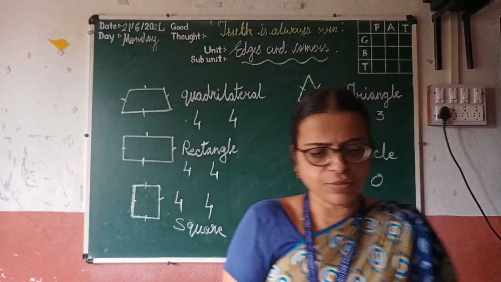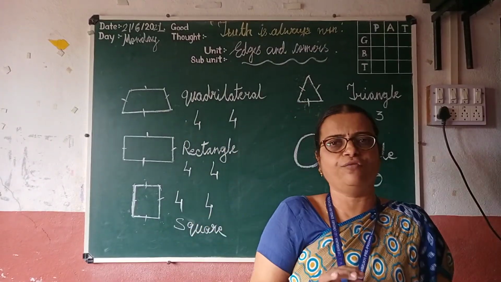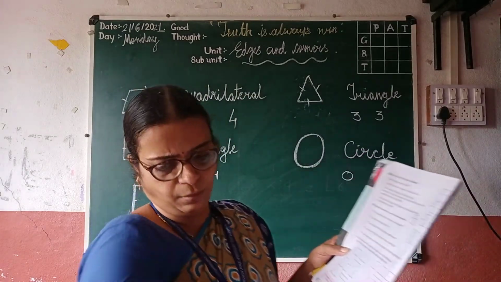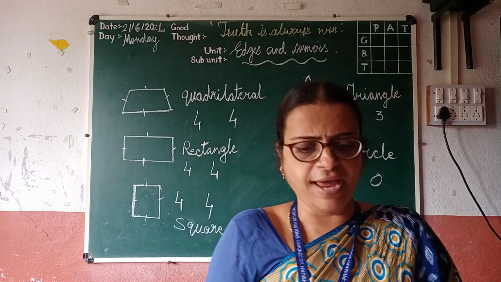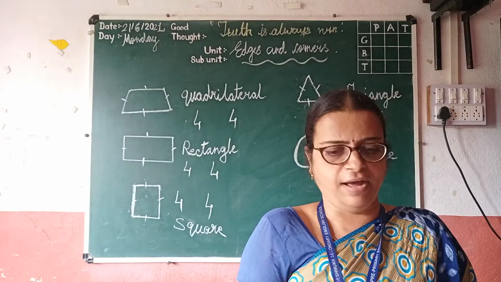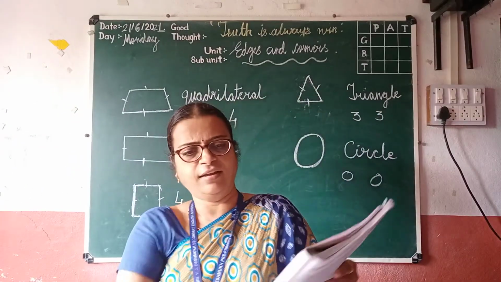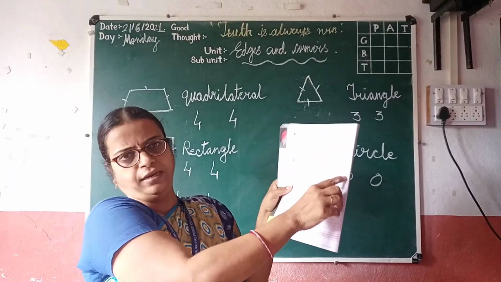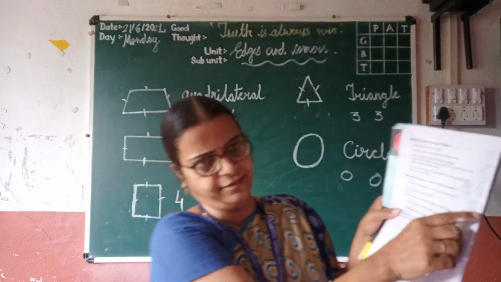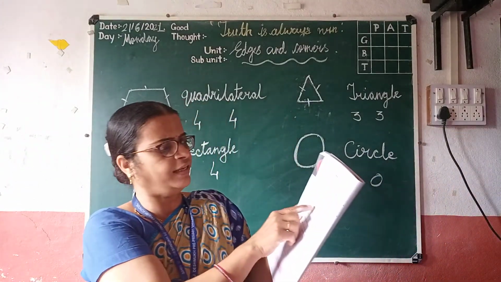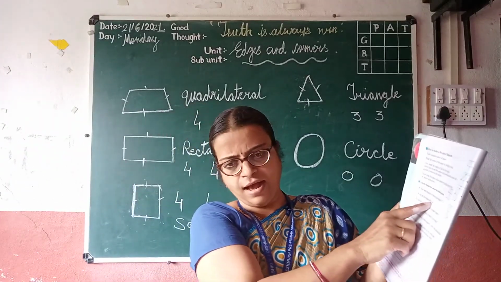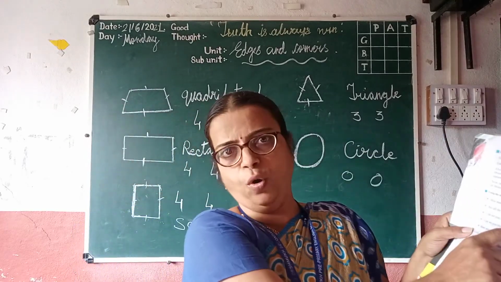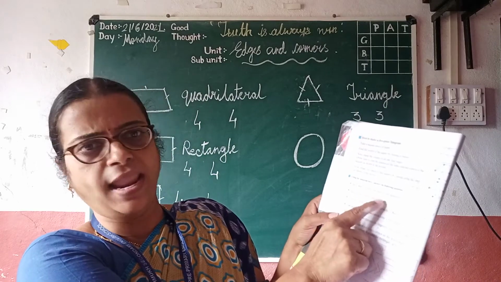Then using the diagram here, answer the following questions. Look at this and you have to answer. Okay. Then how many triangles are there in your tangram? Look here, student. How many triangles are there? 1, 2 and 3. There are 3 triangles. Then, are all the triangles alike? No. The triangles are not alike.